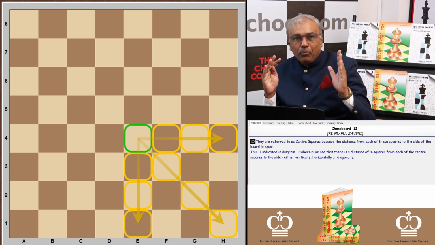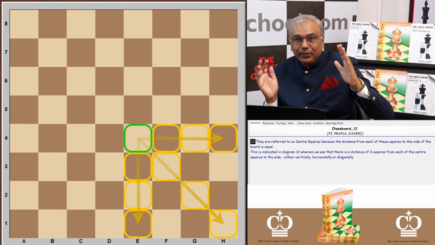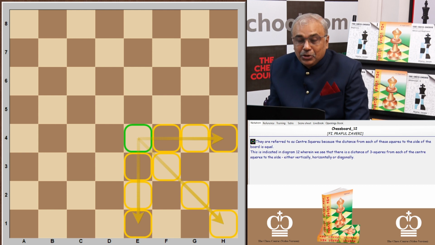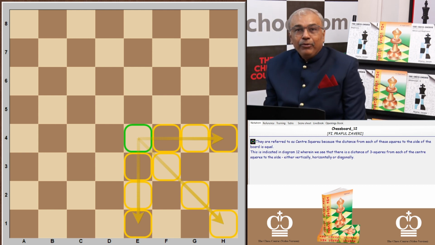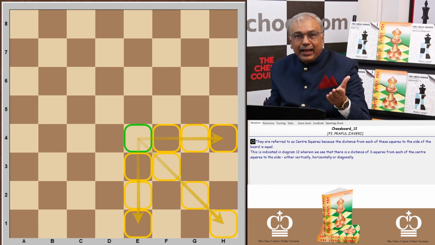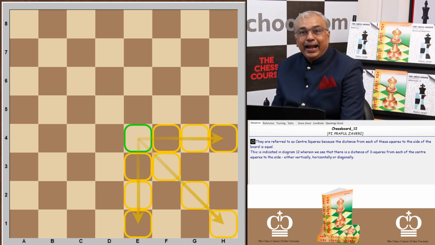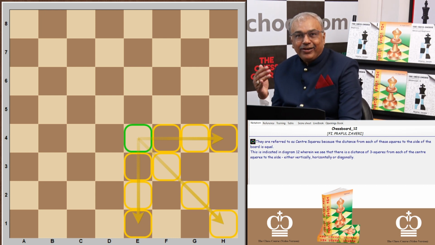They are the most important squares on the chessboard, and of course when we come to that part, you will understand why they are important. So with this, friends, we have completed our first lesson regarding the game, and that is pertaining to the chessboard and chessmen. And just to recap, we had first started with the chessboard, where we found that there